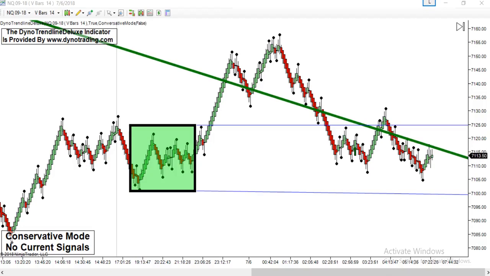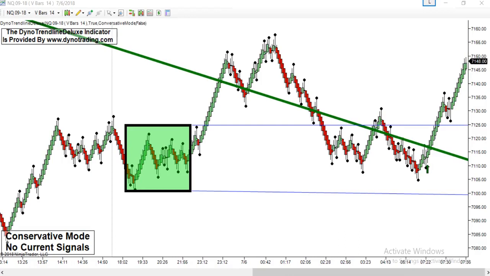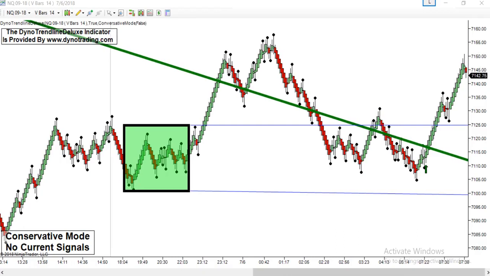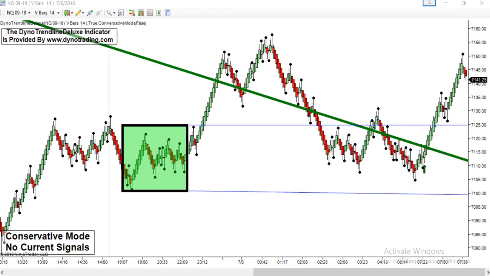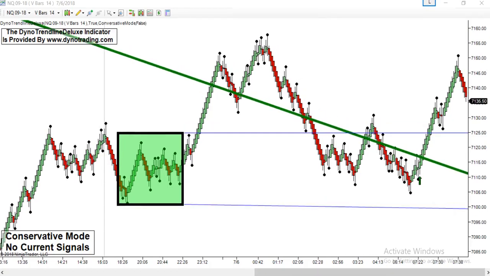Kaboom! Auto trend line gets drawn. Price smashes through the trend line. Arrow gets drawn. Price takes off like a rocket ship. You're up 30 points, right? $2,000 on one quick trade,